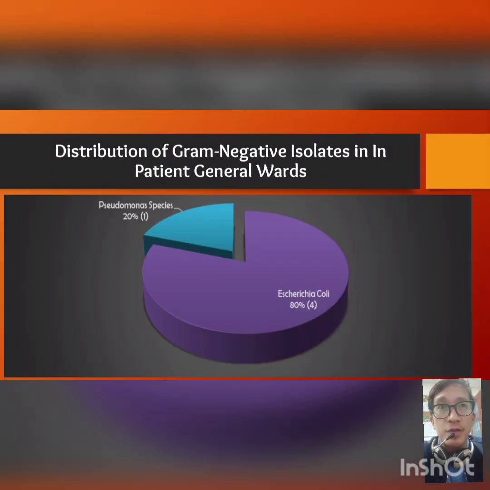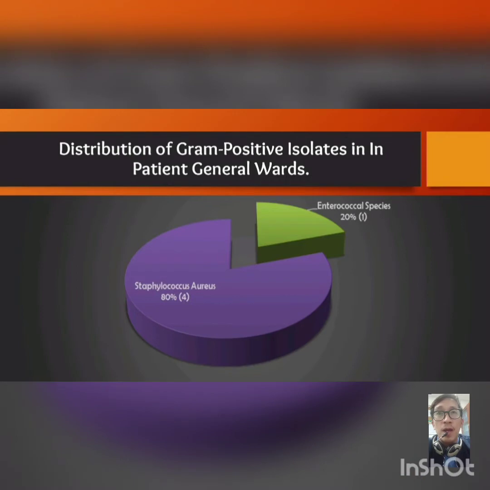Now next is the distribution of gram-negative isolates in inpatient general wards. So we have only a few isolates found in general wards. We have E. coli, which is 4 or 80%, then Pseudomonas species with 1 or 20%. So a total of only 5 clinical isolates was found in patients. While for gram-positive isolates in inpatient general wards, we have Staphylococcus with 4 and enterococcal species with